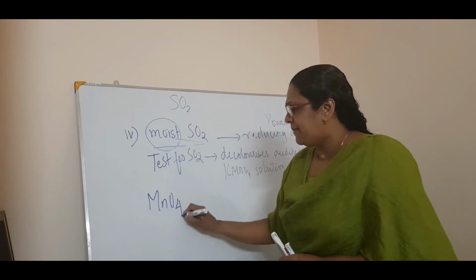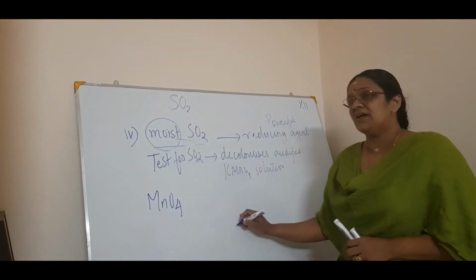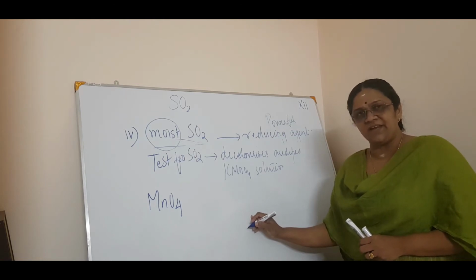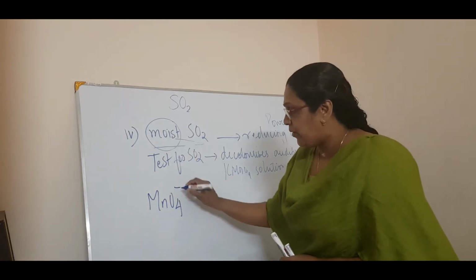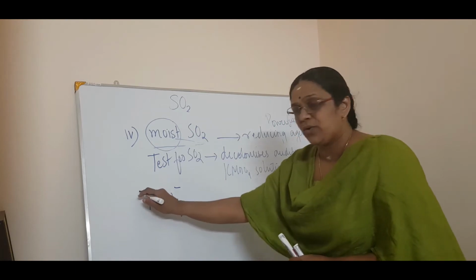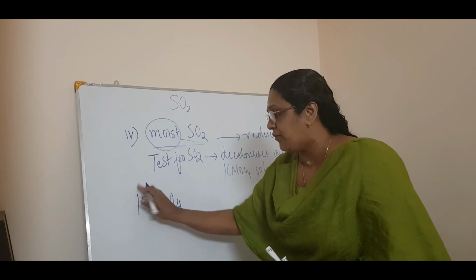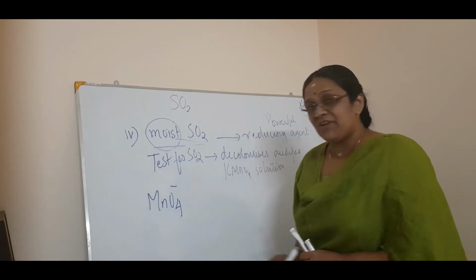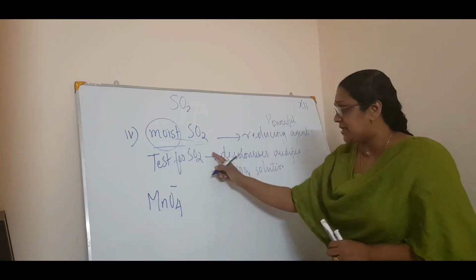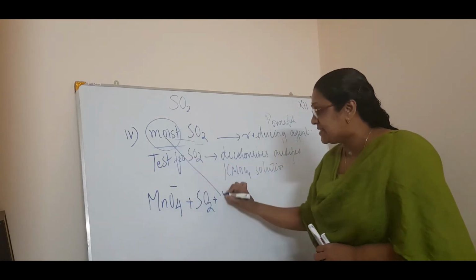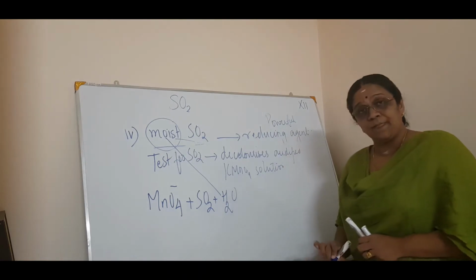MnO4, I think in some lab, the decolorization happens, right? In some test, I am not remembering correctly. KMnO4 test is there, the decolorization. Okay, like that. So, ionic reaction MnO4 minus, or you can write KMnO4. Ionic means ions. Instead of minus, I can have KMnO4. But the textbook has the ionic equation. That is why I put the ionic equation. So, MnO4 minus plus SO2. Since it is moist, I can write it as H2O.